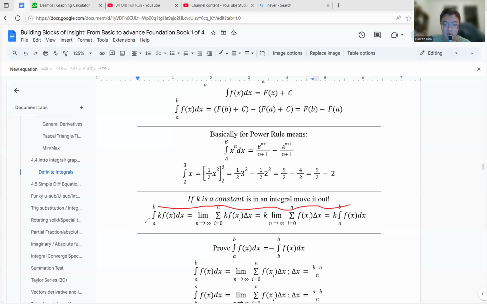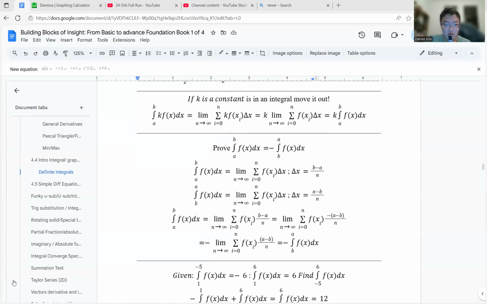And then we have some other proofs here, which k can get out of an integral because it doesn't affect the whole thing, and so on and so on. Over here is an interesting one where we say that the integral is a negative version if you flip it. Kind of obvious proof, because if you make a negative version of this thing, it flips basically. If you flip this and take a negative out, this was happening basically. And then you realize that yeah, that was a kind of obvious thing that would happen.